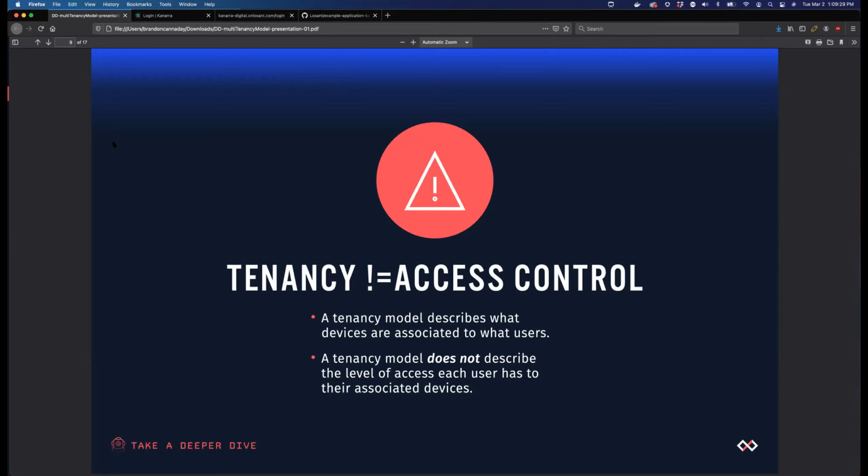Maybe you've got a user that wants to edit the properties of a device. The tenancy model just says, yes, that device is associated with that user. It's part of their tenant. But nowhere does it say whether that user has the ability to actually edit the device. Do they have read-write access? Do they have read-only access? Are they an admin? User access and roles can also be done in Losant, but that's not the purpose of